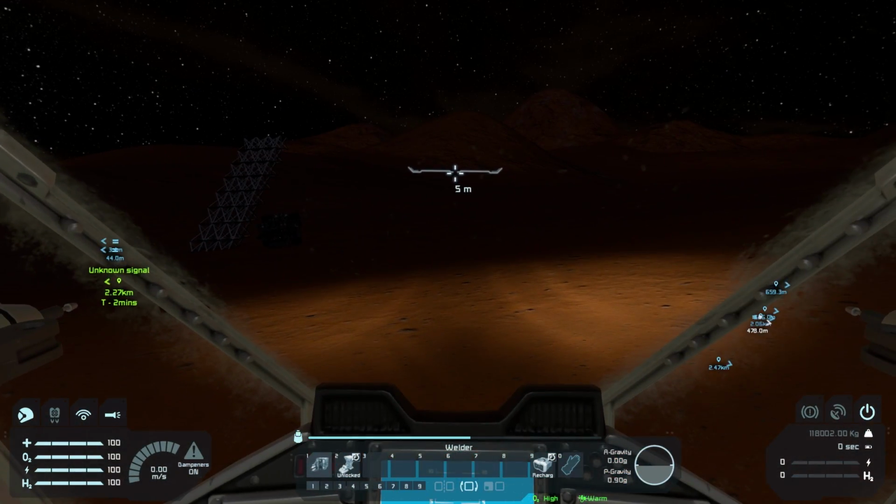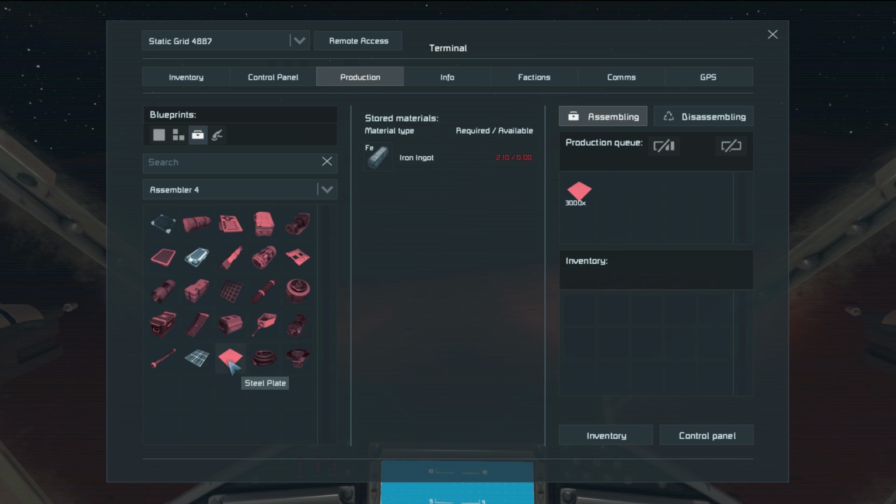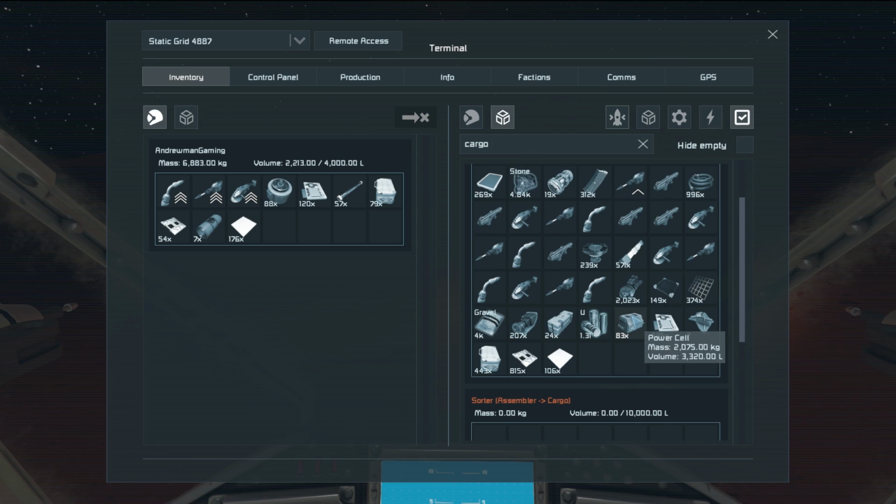Gosh. Okay, so let's make sure we have enough materials. We're going to need quite a bit of steel plates, quite a few. So we're going to go here and we're just going to tell this to spam steel plates. Make as many as you can. And it's going to make them kind of fast, but we only have one assembler set up currently, so it might take a second. But then we're going to go to our cargo, and we're going to start dragging these,